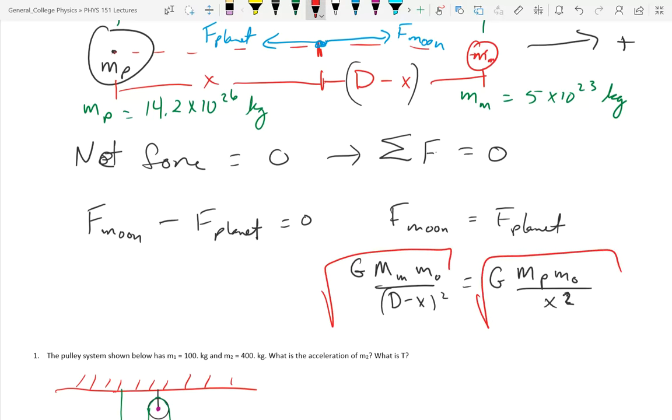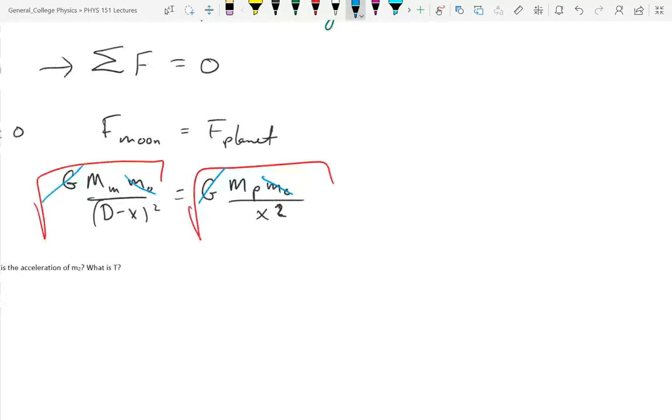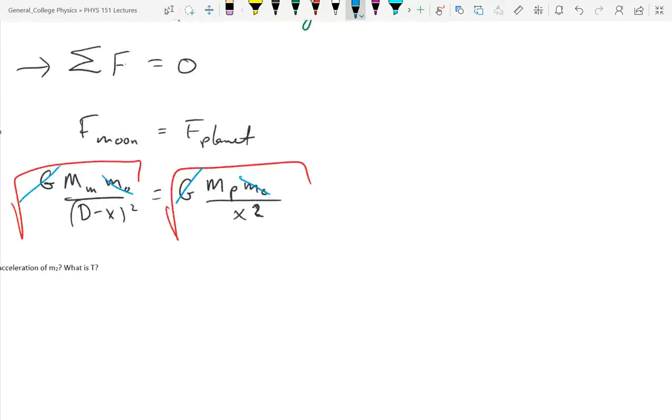well, first I can do some canceling. What can I cancel? The G's. There's another thing I can cancel. The masses of the object. Good. Remember I said we don't know them, so I just put m sub o and trust it's going to work out. It did. If it didn't work out, then you'd say, bad problem, can't find a solution. Square root this, and I end up with an equation that says